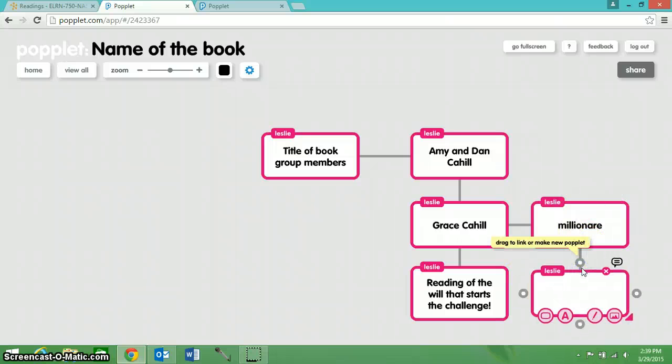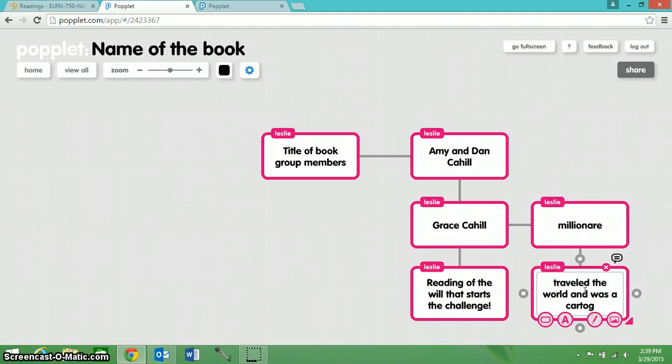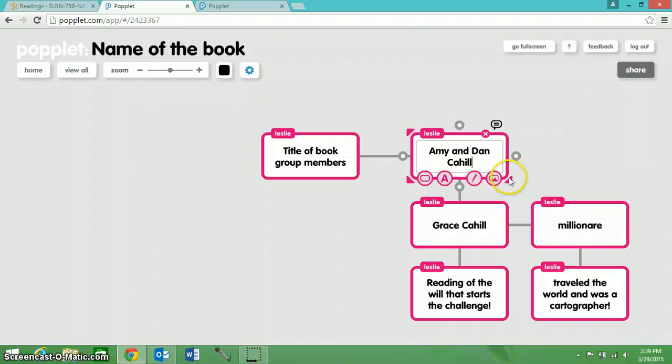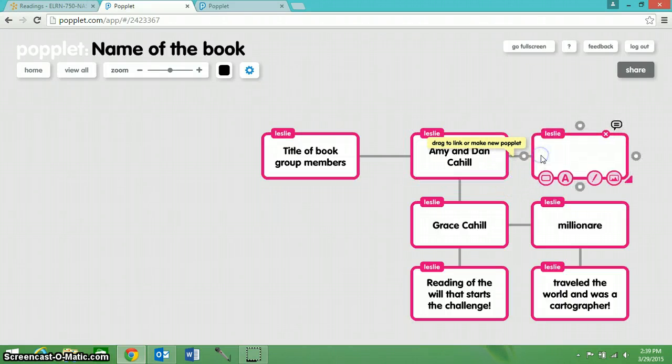And Grace traveled the world and was a cartographer, meaning she made maps. Then we've got Amy and Dan, and off of Amy and Dan, let's put their babysitter,